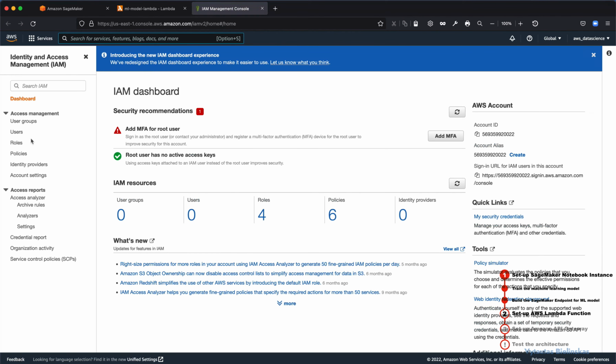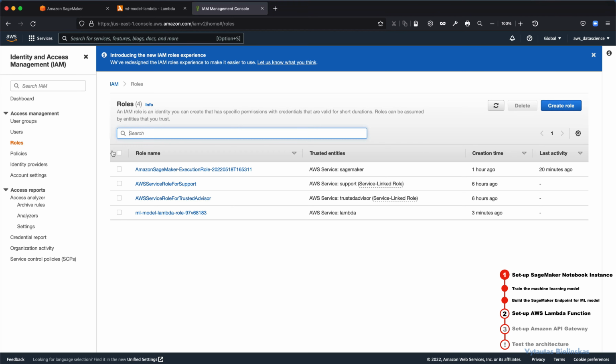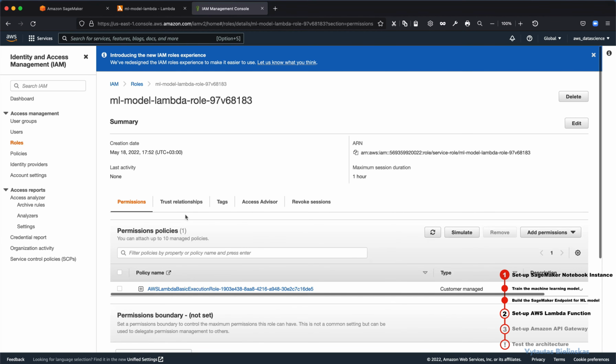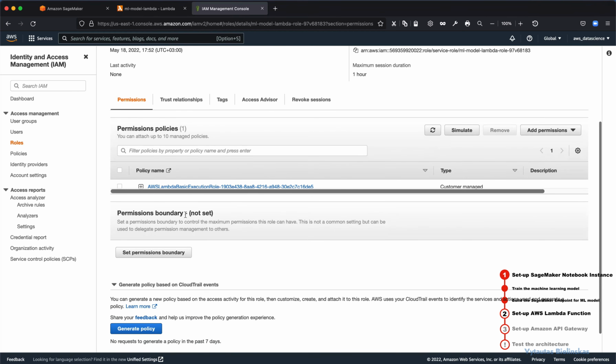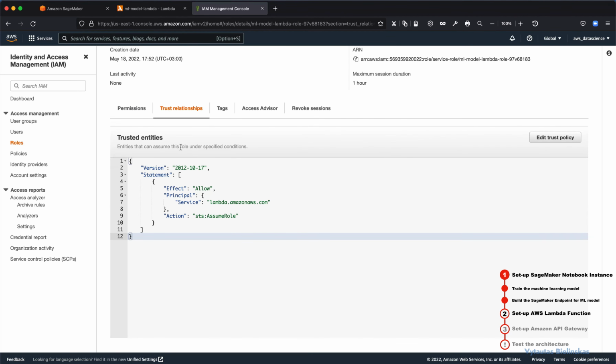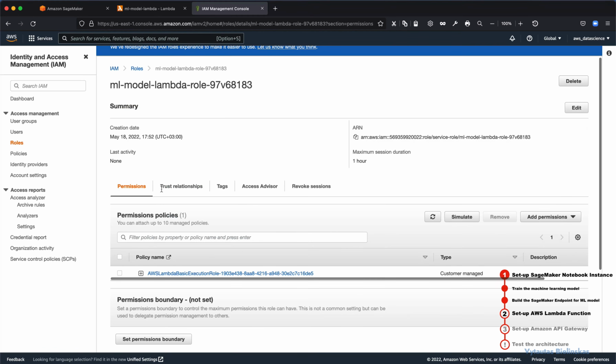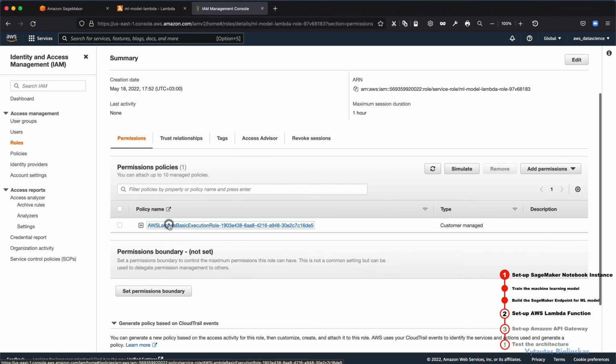I need to find the role which is responsible for Lambda execution. Here it is, ML model Lambda role. I open it up, and here are my permissions. The relationship is looking good. If I open this one,